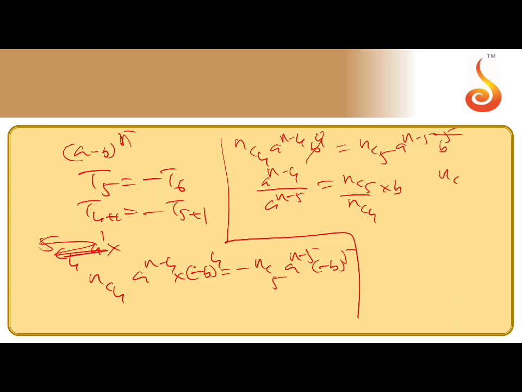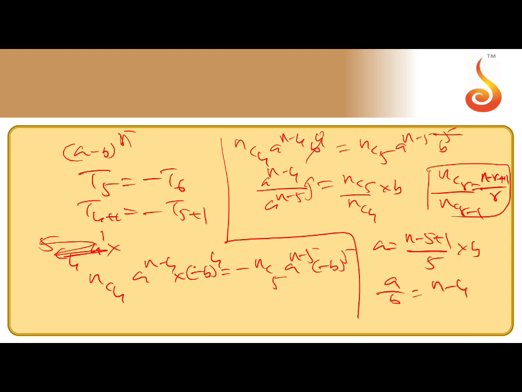So we have one more formula. nCr by nCr minus 1 is n minus r plus 1 by r. What is the formula? nCr by nCr minus 1 equal to n minus r plus 1 by r. You can apply the formula here. If you take this one numerator, a will come here, and the right side is n minus 5 plus 1 by 5, because r is 5, into b. So therefore a by b equal to n minus 4 by 5 is the answer.